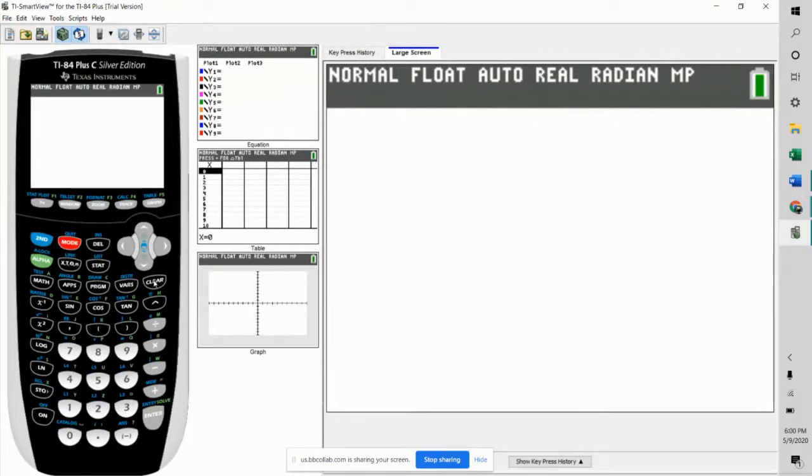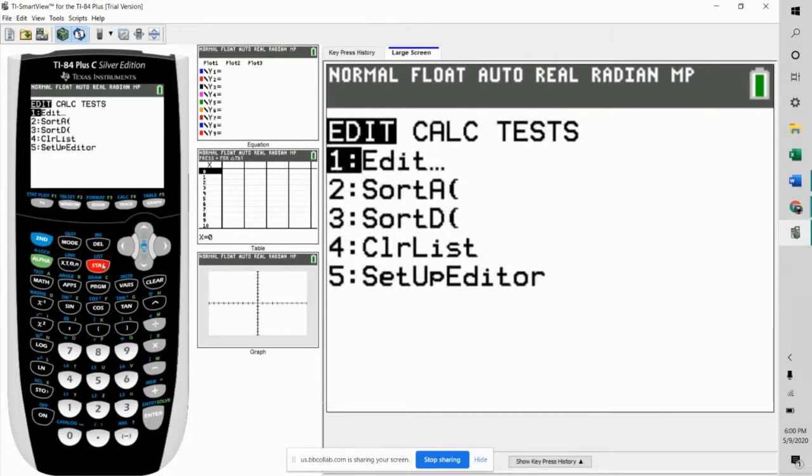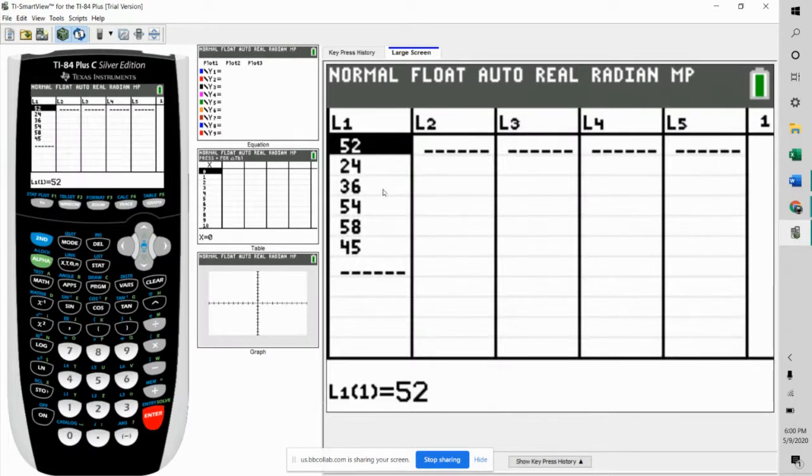Let's clear the screen. Okay. First thing you want to know is about a list. You can edit a list. So if we hit enter, I already have a list in there. You can just hit the delete button and it'll delete one at a time. But when it's a long list,